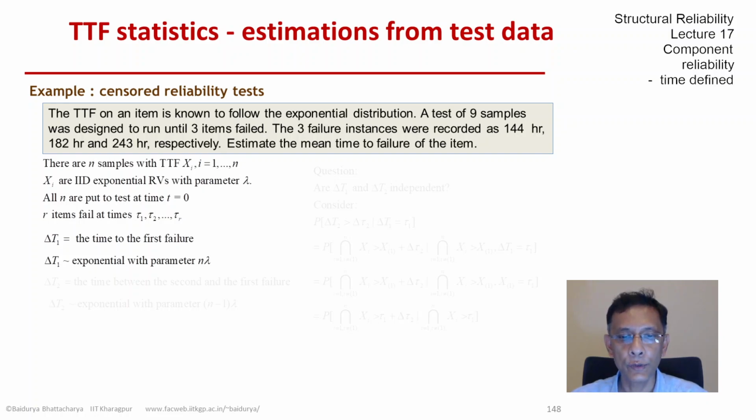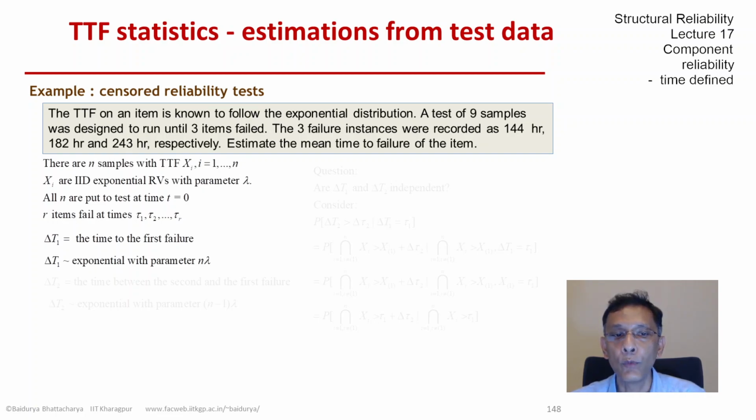So we are continuing with this example on censored reliability test, which is designed to stop as soon as a fixed number of samples fail. So here we have an example of a test starting with 9 samples and stopped as soon as 3 failures were recorded, and the time to failure for each of them was recorded, and we need to estimate the mean